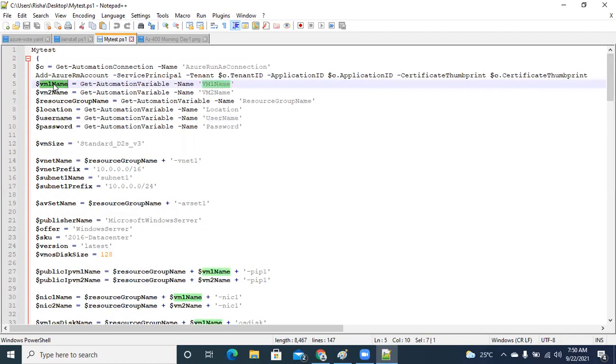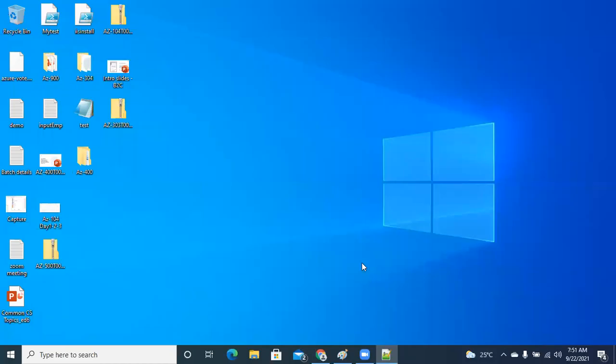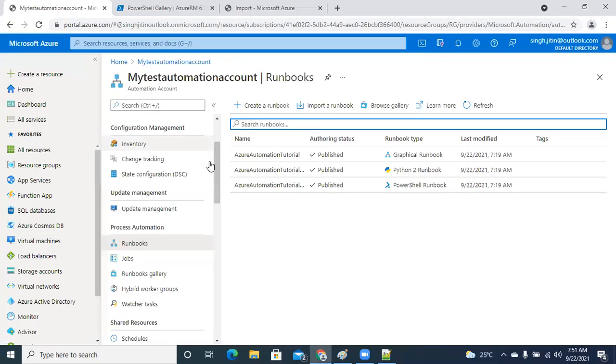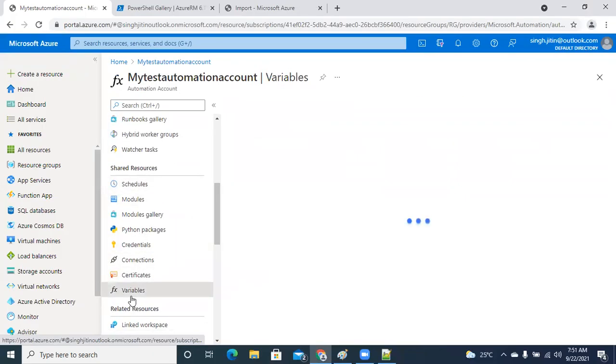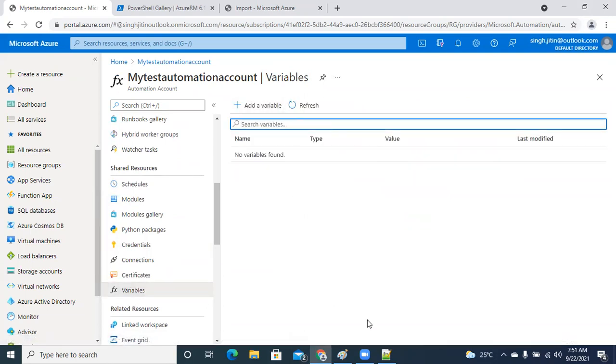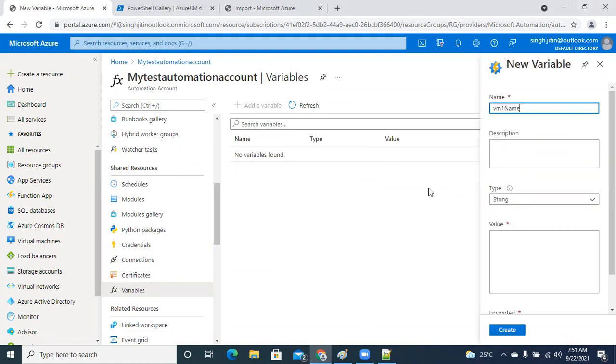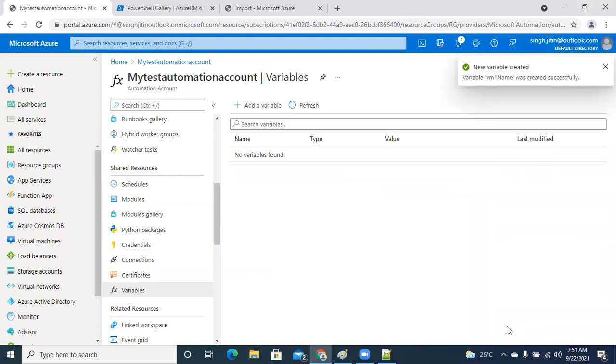So before we go ahead and execute this runbook, the variables need to be declared. As we have imported the module, that part is ready, but the variables need to be taken care of before execution of the runbook. For that purpose, I will quickly go into the variable section. Going to click on variable. Let's say my VM1 name. Let's say I have given the name VM1.